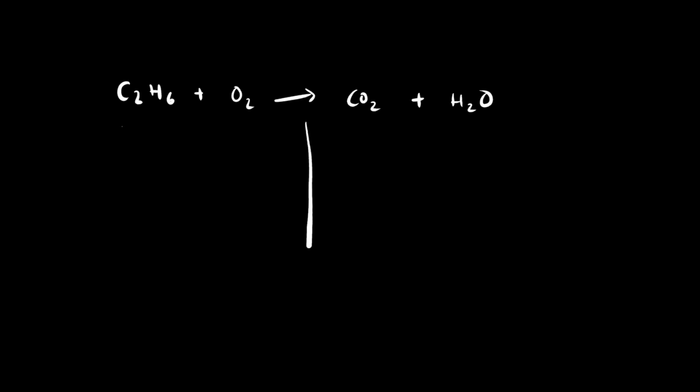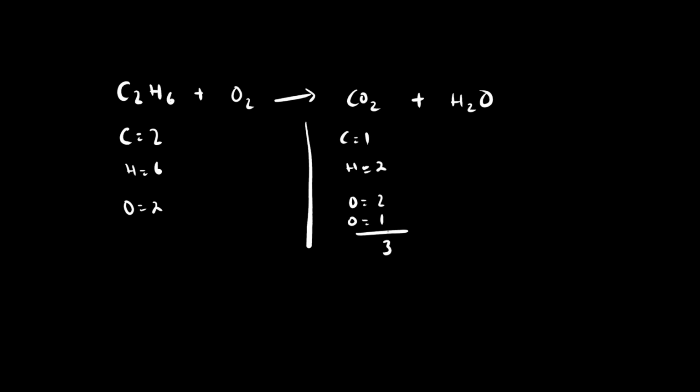On the left, we have 2 carbons. On the right, we have 1. On the left, we have 6 hydrogen. On the right, we have 2. And then on the left, we have 2 oxygen. On the right, we have a total of 3